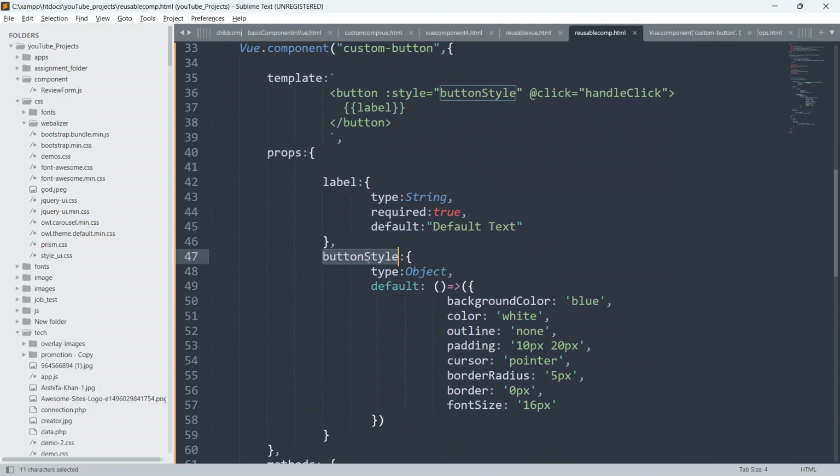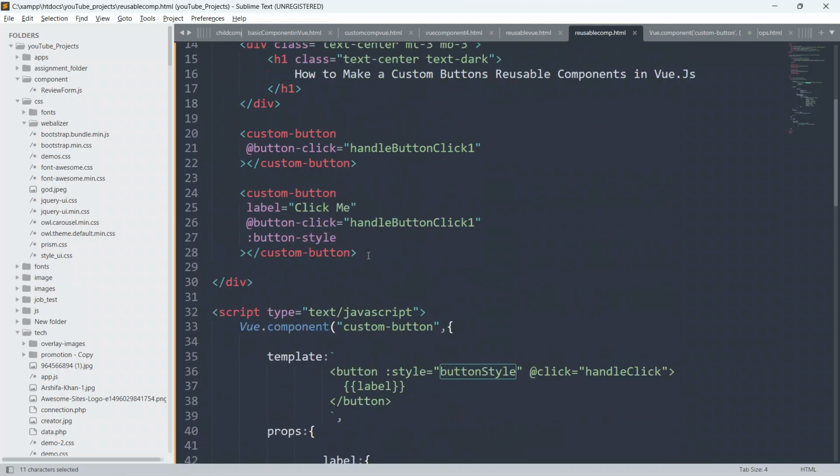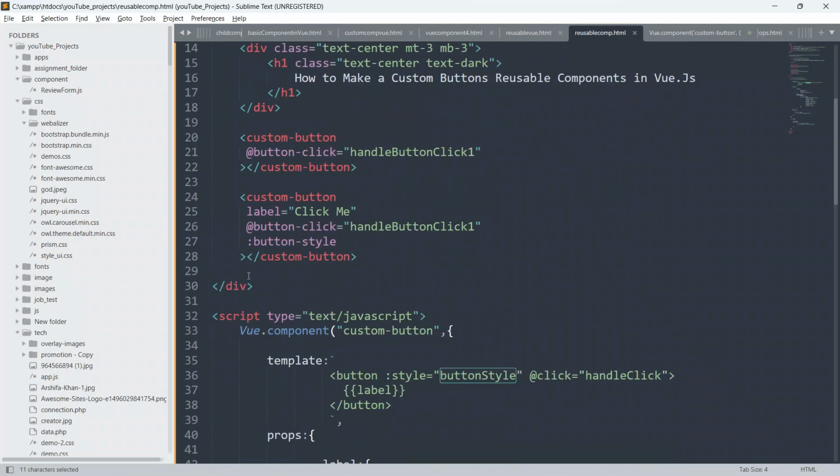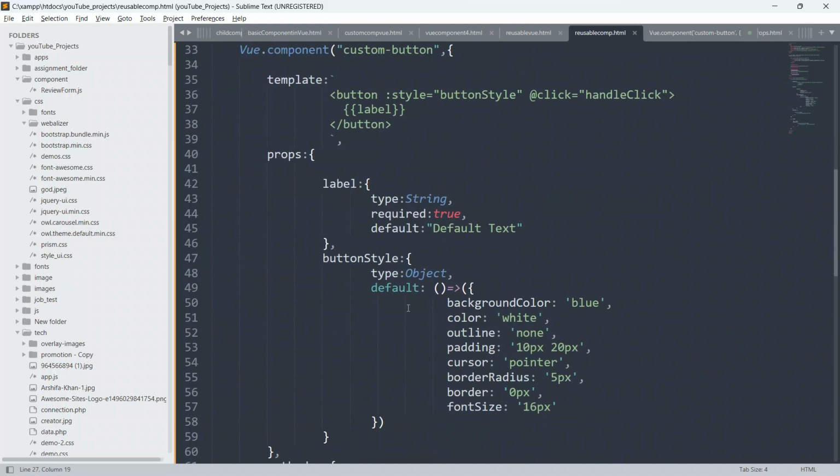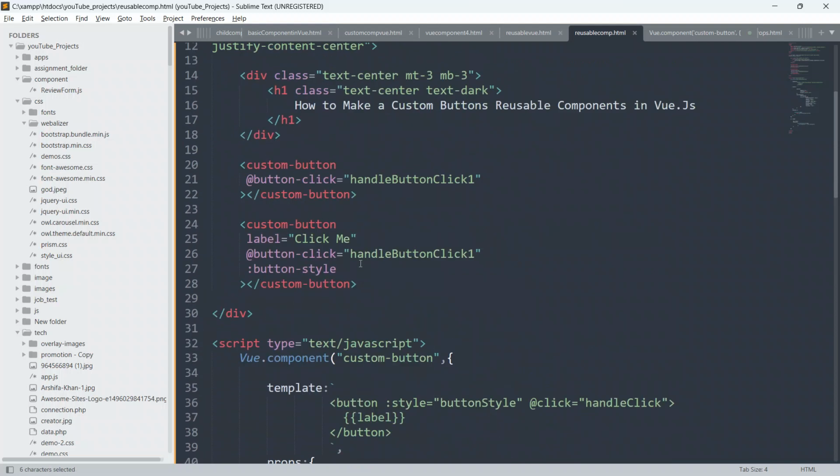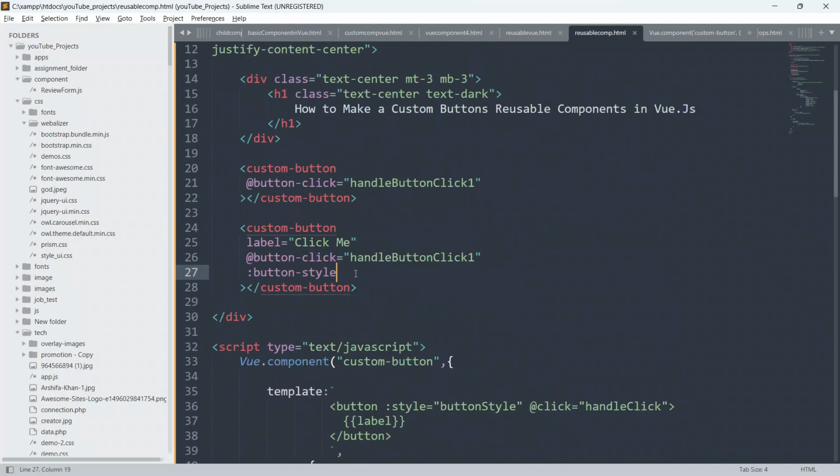Whenever you have to bind the style, you use colon button-style, because colon is the shorthand for v-bind. And you all know why we use v-bind: we use v-bind just to bind the attribute to our HTML element, our HTML tag. Here it is an object, so we can define our custom style sheet also.